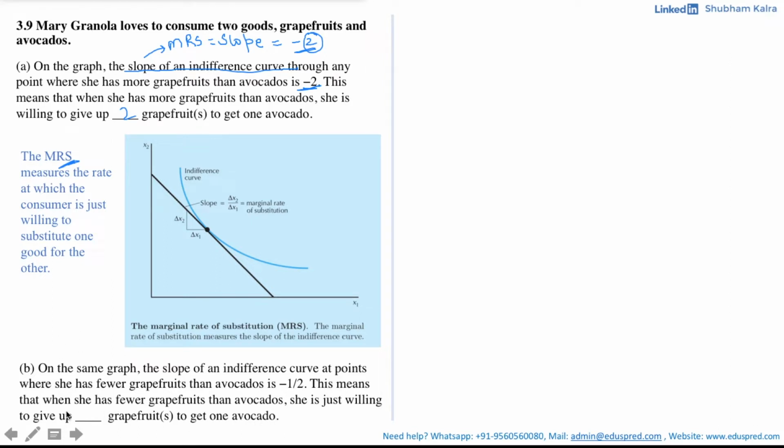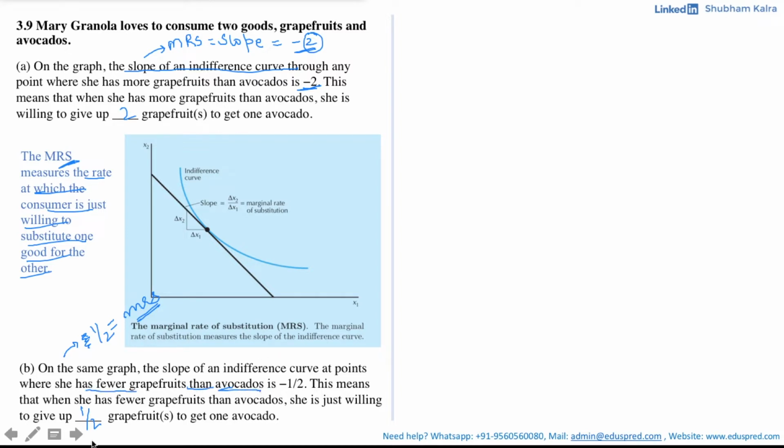Here your slope has changed from -2 to -1 divided by 2, or -half, which is again equal to your MRS, which is nothing but the rate at which Mary is just willing to substitute one good for the other. Since in this case your slope, which is equal to MRS, is -half, but in case of MRS you can ignore the negative sign. This means she would be willing to give up half a grapefruit to get 1 avocado when she has fewer grapefruits